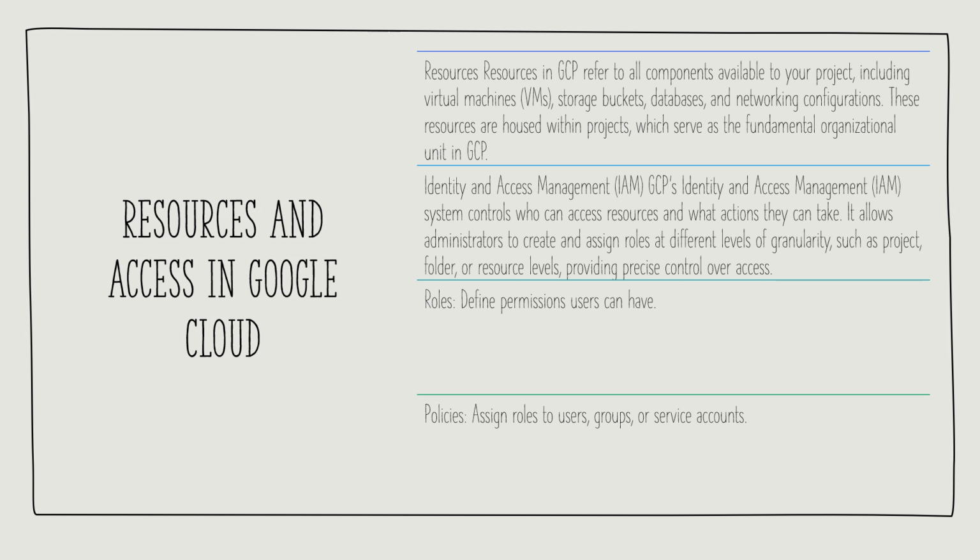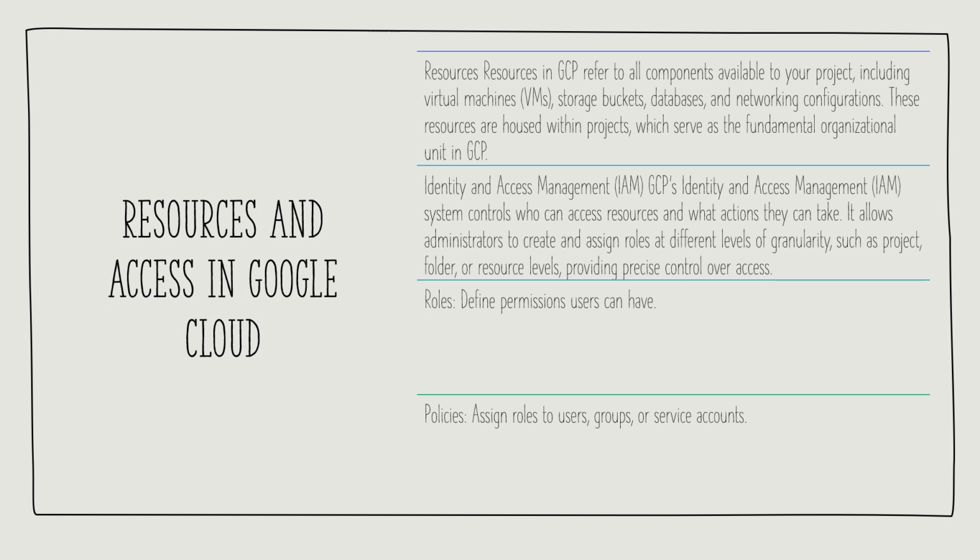These resources include compute, virtual machines, Kubernetes clusters, and serverless compute functions. Storage, databases, object storage, for example, Google Cloud Storage, and file systems. Networking, virtual private cloud, VPC, networks, load balancers, and firewalls. Machine learning and analytics, BigQuery datasets, AI models, and analytics tools. Operations, monitoring, logging, and security tools to maintain and optimize your cloud infrastructure. All of these resources are organized within projects, and they form the foundation of how you manage your Google Cloud